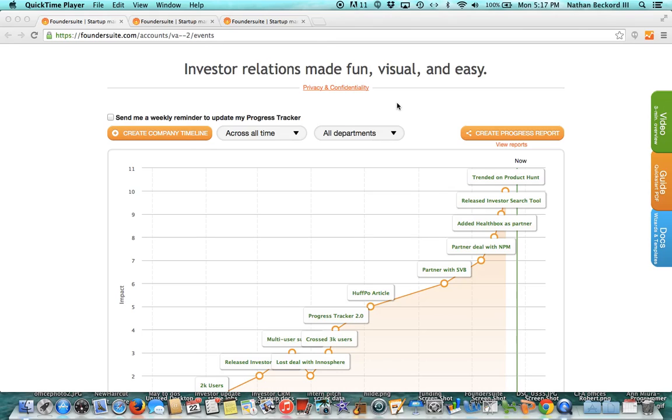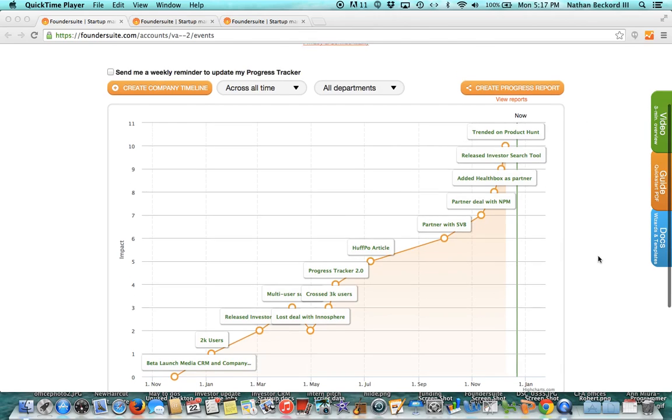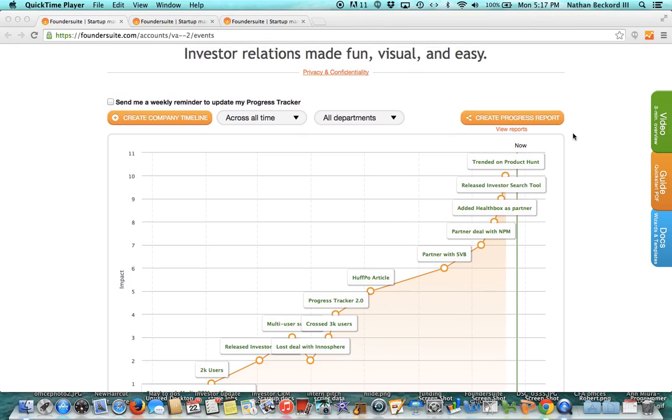I'm CEO of Foundersuite. I'd love to give you a tour of Progress Tracker. So Progress Tracker is a way to plot your company's progress on a graph or timeline and then to push that out into a progress report. And it's a great way to keep your investors, advisors, other stakeholders in the loop, helping out and working for